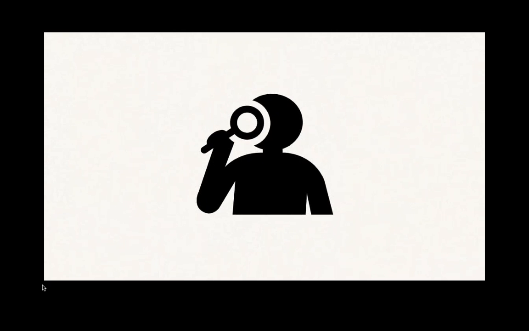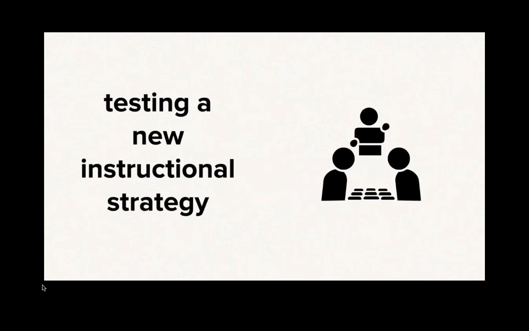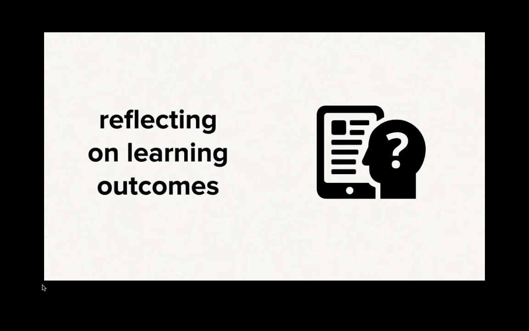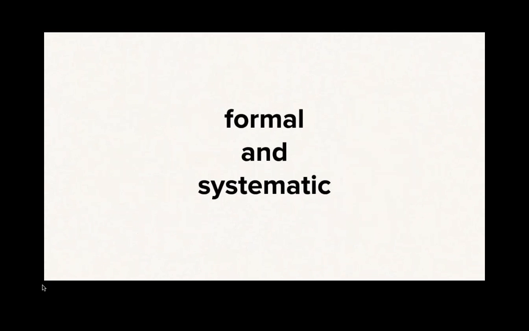Every education professional, to some degree, has probably displayed characteristics of a researcher. When you are experimenting with a new instructional strategy to help a struggling student, you are doing informal research. When you are reflecting on student learning outcomes and how you might approach a topic or unit differently next time, you are thinking like a researcher. Action research is just more formalized and is a systematic approach to reflective practice. Action research is a cyclical process.